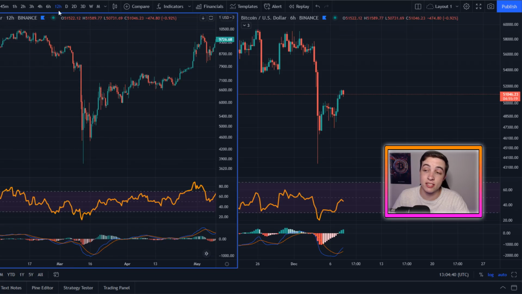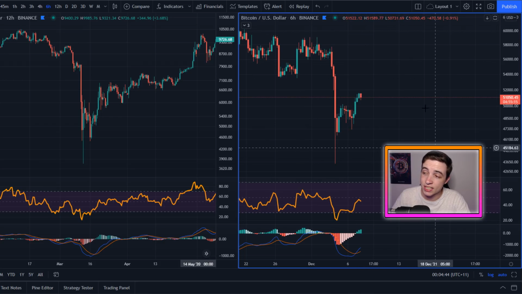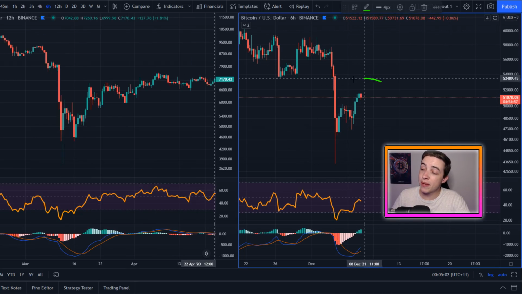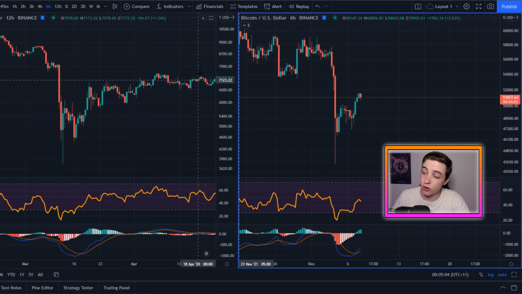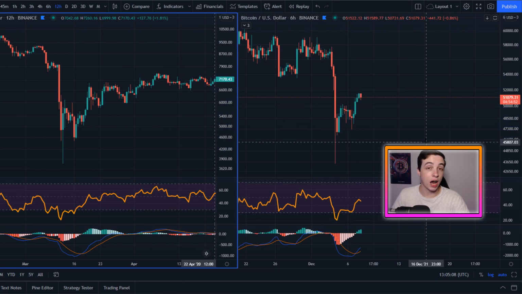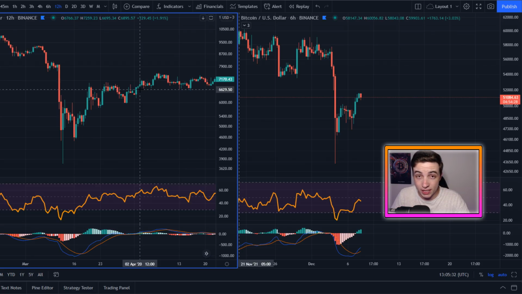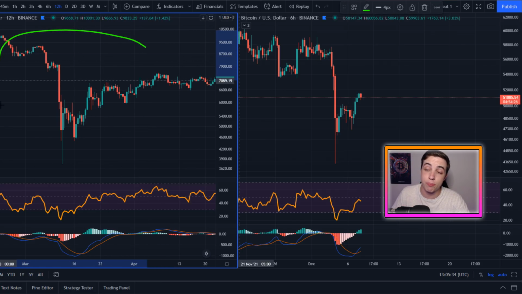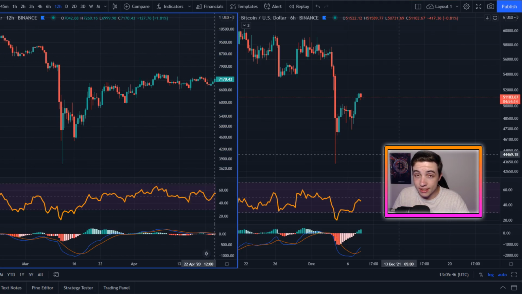But keep in mind, this is on the 12-hour chart on the left side of your screen, but on the right side of your screen, the current price action is on the 6-hour chart, which means if the Bitcoin price continues to follow along with this previous price action, but on half the time frame, then the recovery could possibly take around 1 month instead of 2 months. Now, obviously, that's just a bit of speculation because that is only going off this previous crash, so don't necessarily take that too seriously because, of course, nothing is guaranteed in these markets.